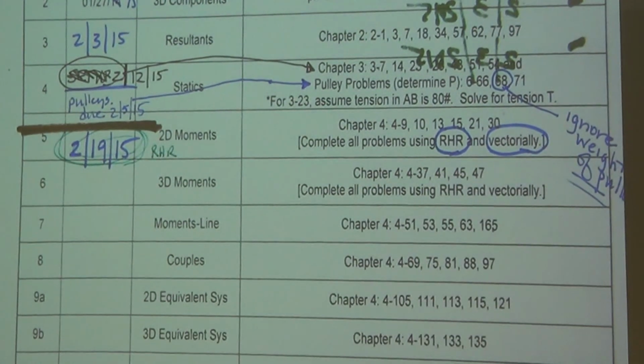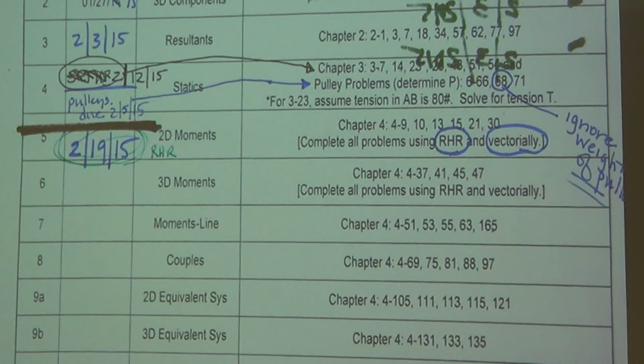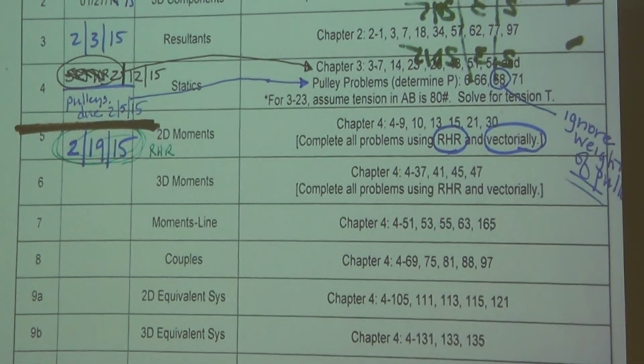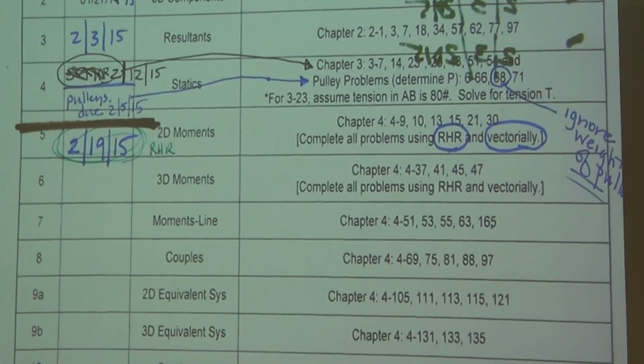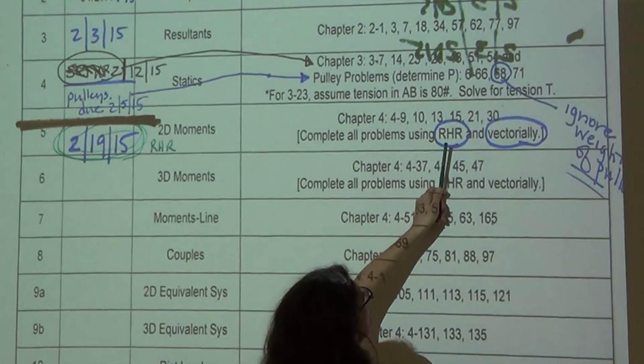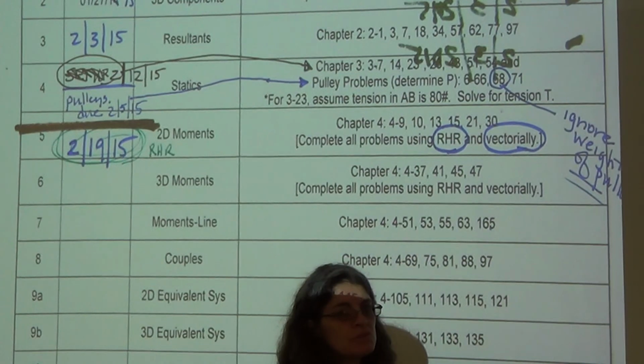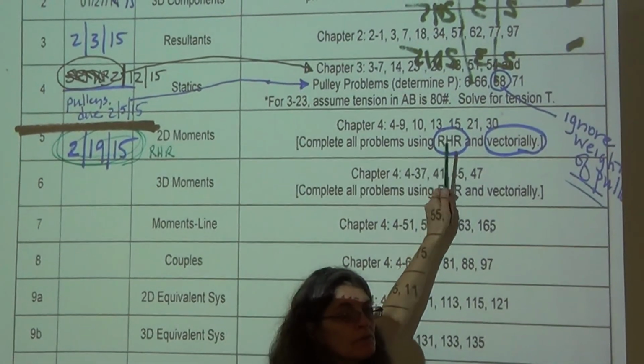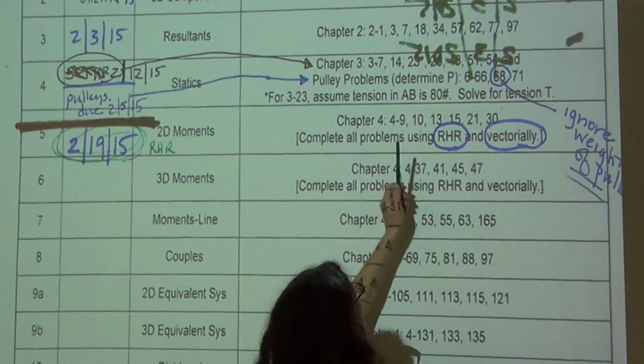So again, take one sheet of paper for each problem and do the right-hand rule on the top, and then save it. Let me repeat that. Everybody with me? Okay. I'm assigning homework 5. Each one of these problems, you have to solve it doing the right-hand rule and doing vectors. We so far only covered right-hand rule. So take out a piece of paper, do number